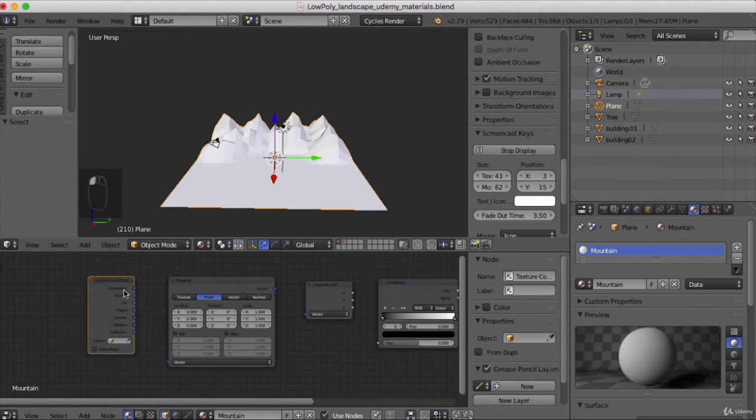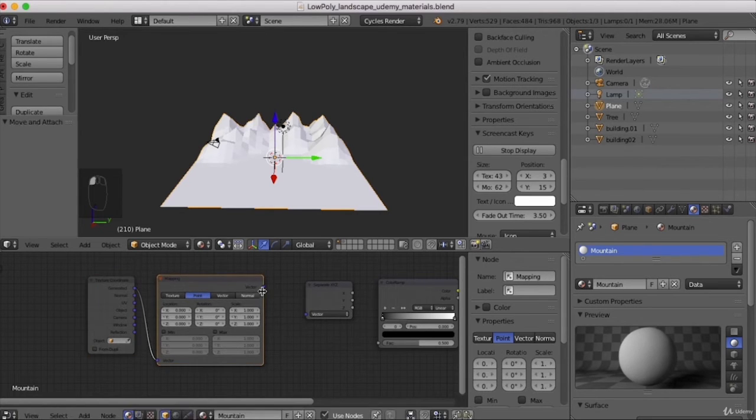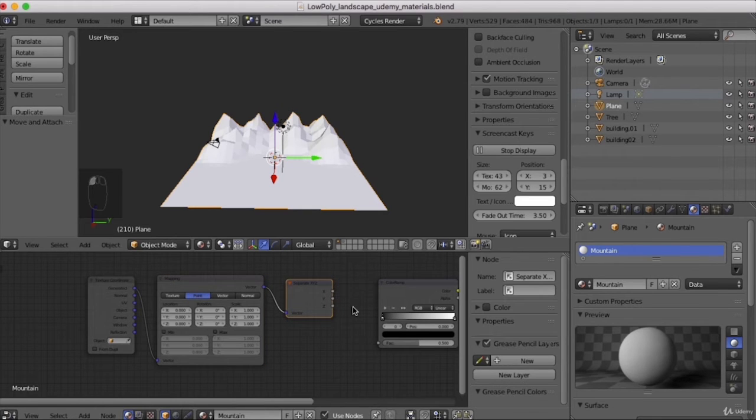So let's start with texture coordinate. So we're going to take it out with generated and put it into the mapping at the bottom. So if you just left click on the little button next to generated and then just hold and drag down to the vector at the mapping module, and then do the same with mapping. So hold down, left click and take it into separate X, Y and Z,